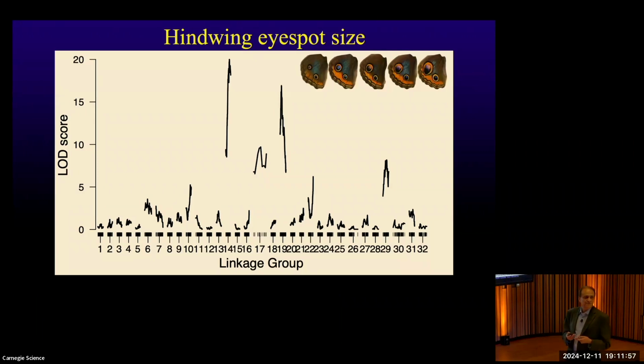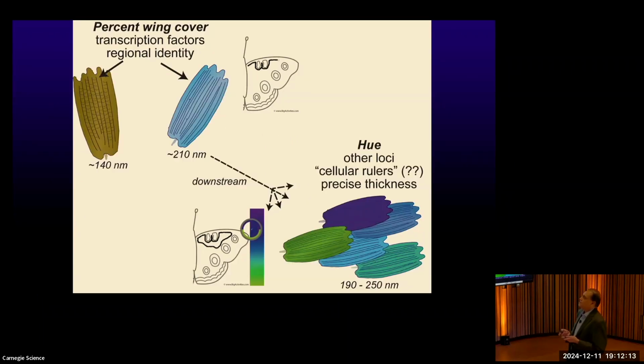It's an interesting question for us because there's a lot of candidate genes that people have isolated that are expressed in the focus of the eye spot. But so far, when people have eliminated them in butterflies, they have very little effect on the eye spot. So this way, we let the genetics tell us which really are the genes that control this, and we can follow that.